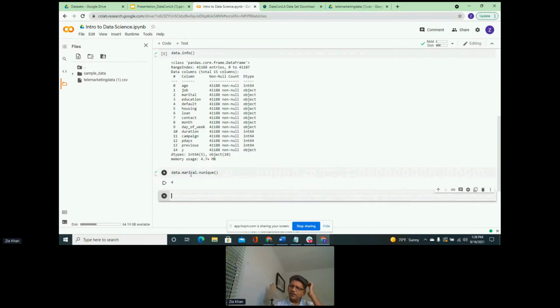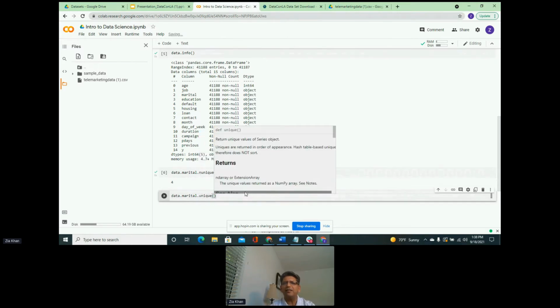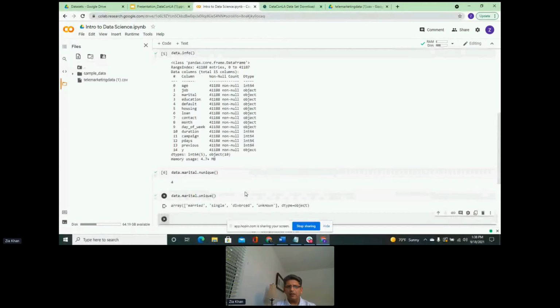I was thinking it was going to be married versus unmarried, so what are those 4? To figure that out, we can go one step further. Using the same feature marital, instead of number of unique, we use unique to find out what those unique values are.